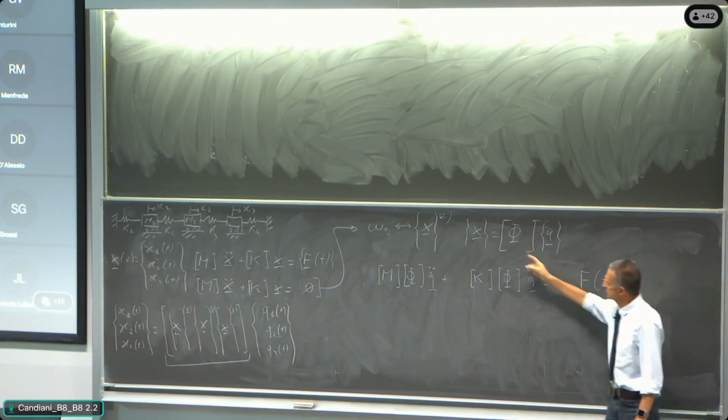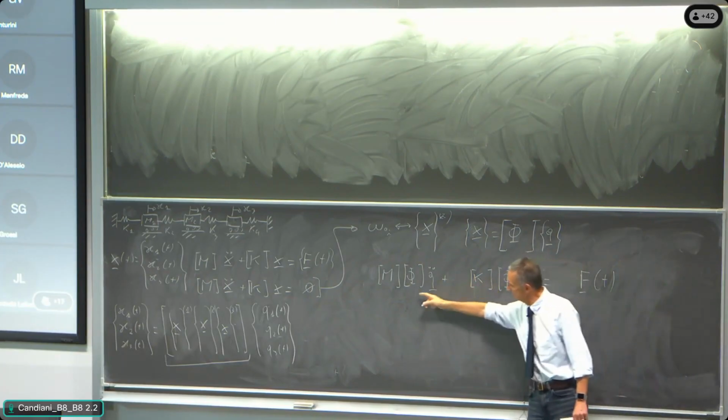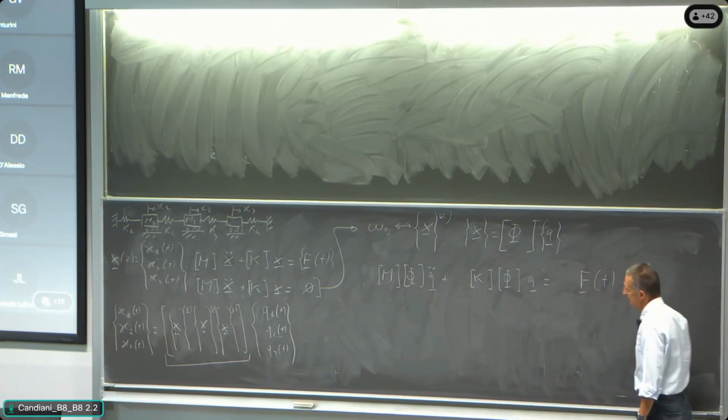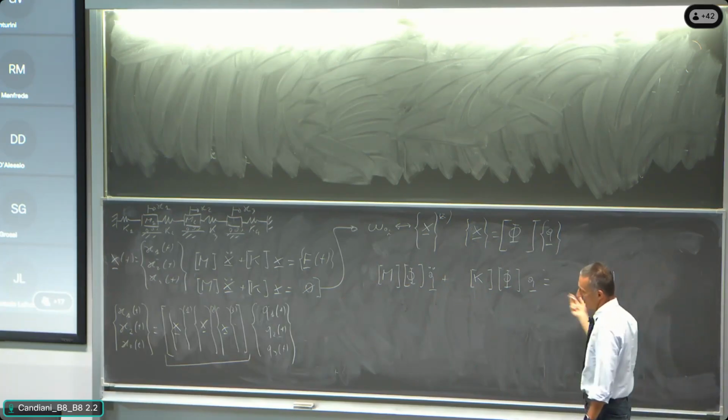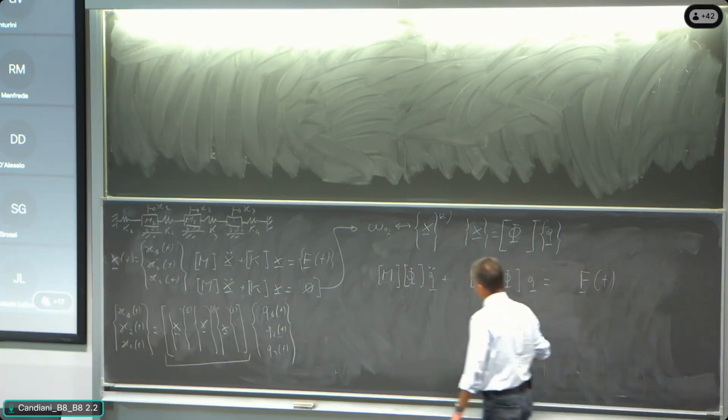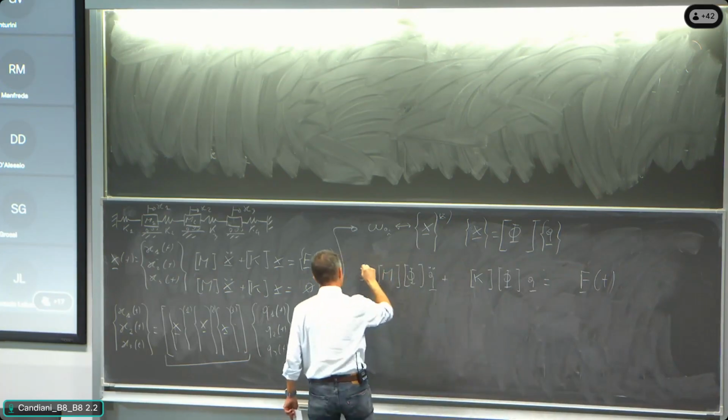I just substituted x and x double dot with these quantities. The point is that if I now pre-multiply everything by phi transposed,